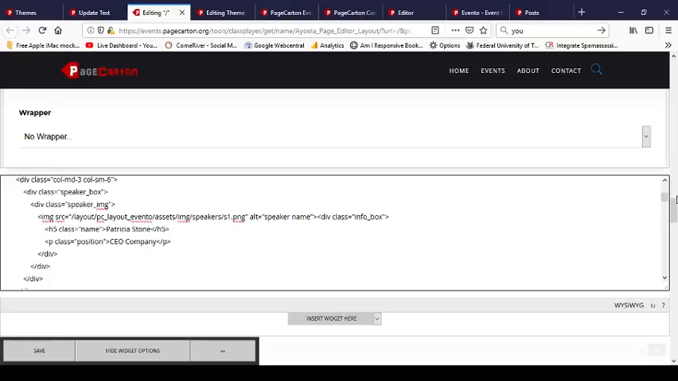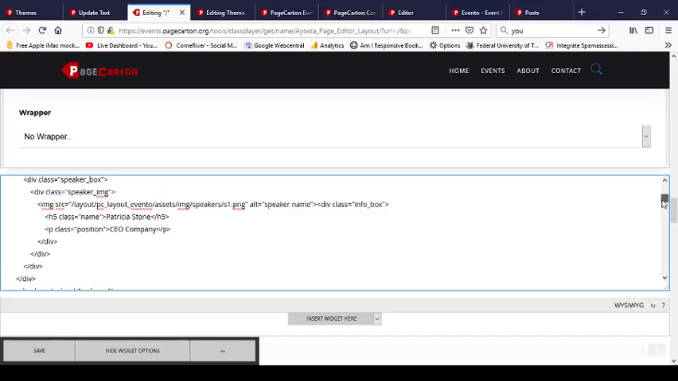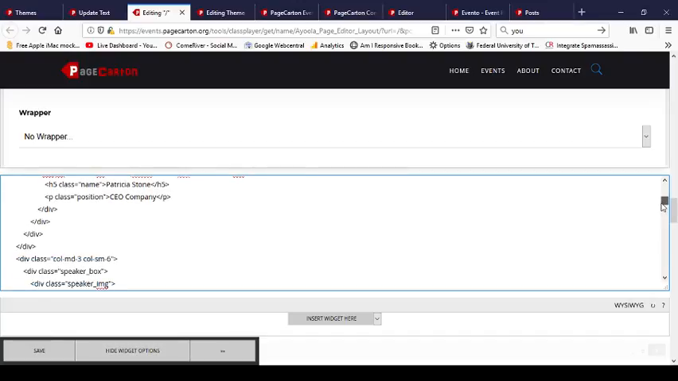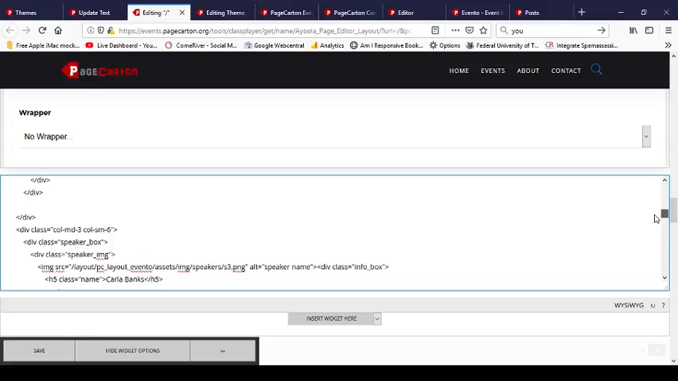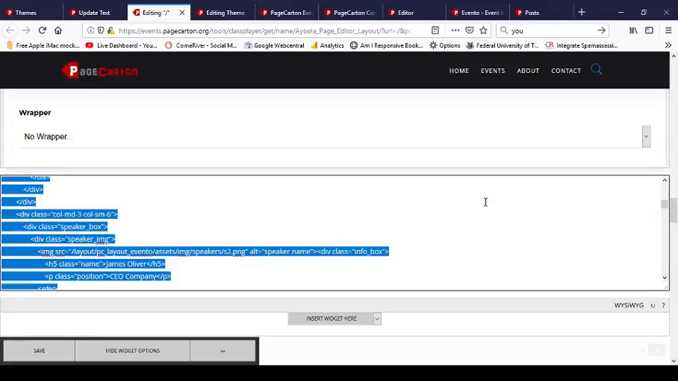So I'm going to perform some updates on the code so that it can bring out the dynamic information we wanted to bring out. So what are we going to do? I could actually perform the edit on this code over